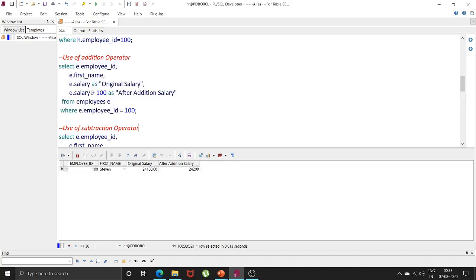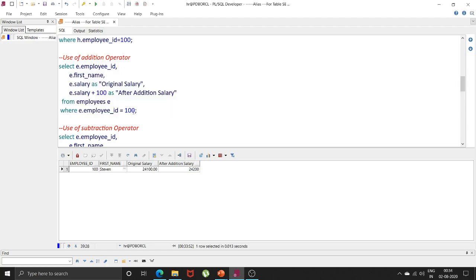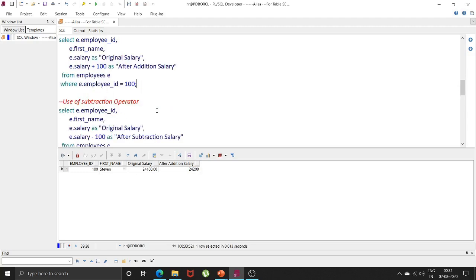As I have told you, we have to use the plus sign for adding a particular number in SQL. If you see, my original salary was 24,100, and after performing this plus 100, I have 24,200, as 100 is added to the salary for employee 100.